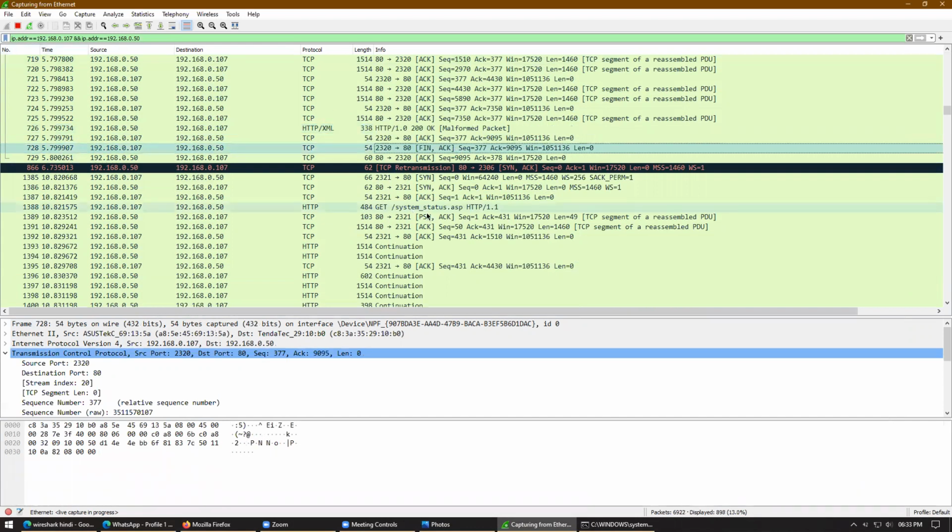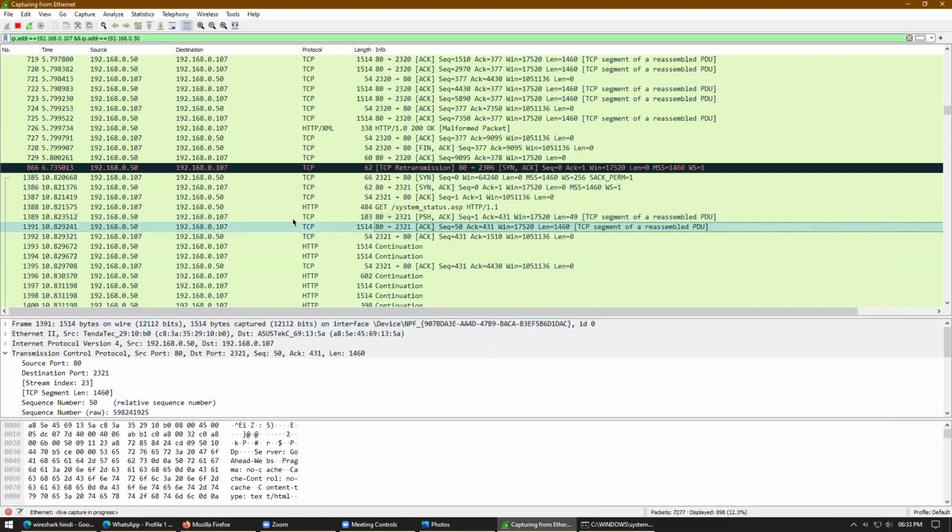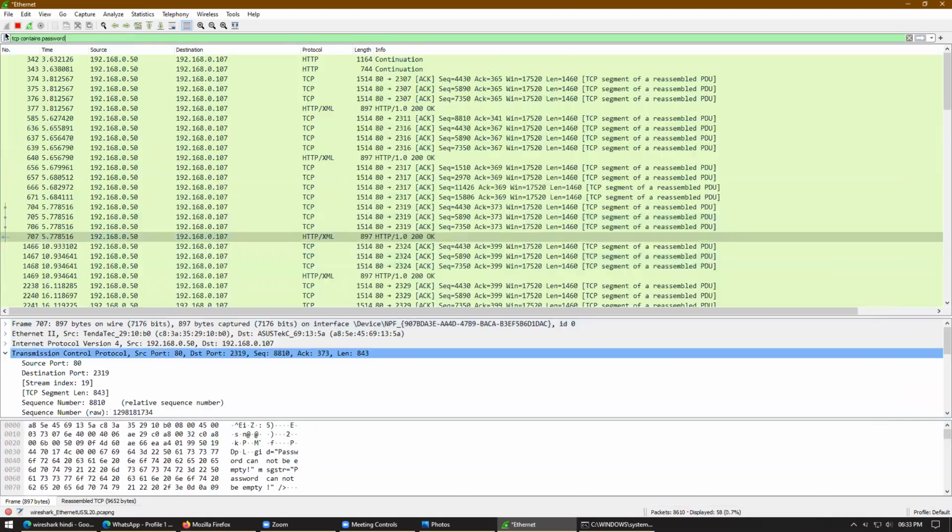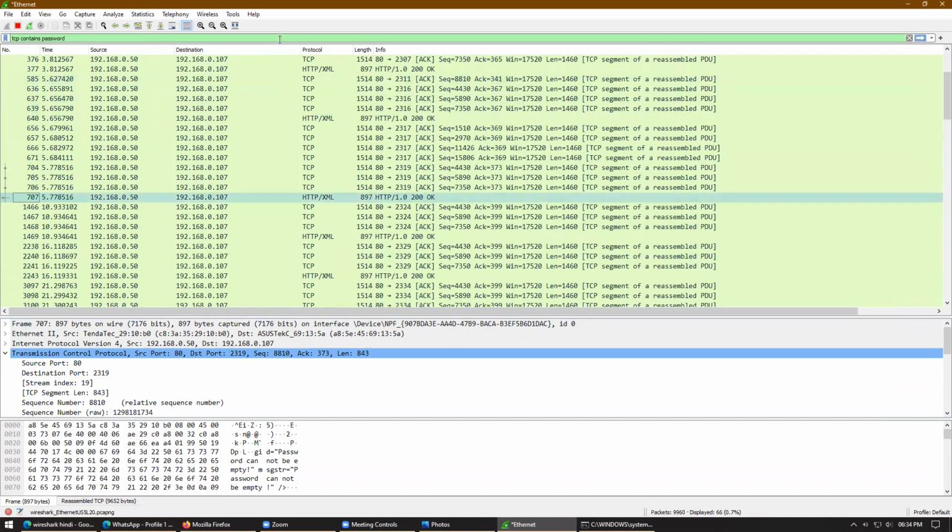Okay, packets are not actually assembled, some kind of error is maybe there. And here I want to search for specific data in the TCP. Okay, I will just do this: tcp contains password. And I want to search only from this IP address, 192.168.0.50. So I can use and ip.src. Source means this is the IP address I want to get that specific password data from, if this IP address sent any type of password in the TCP protocol.